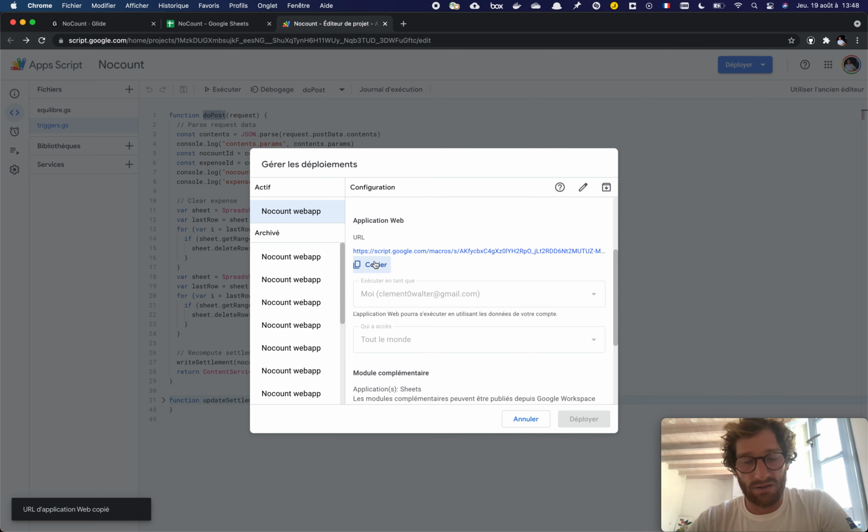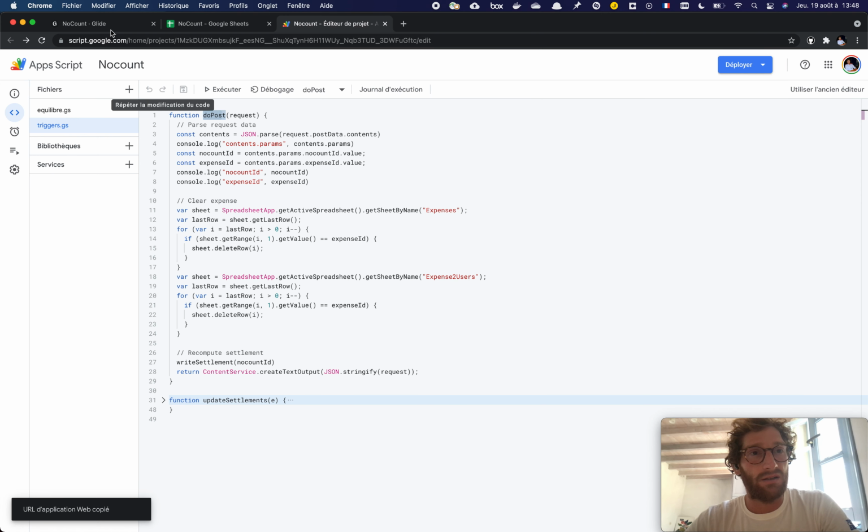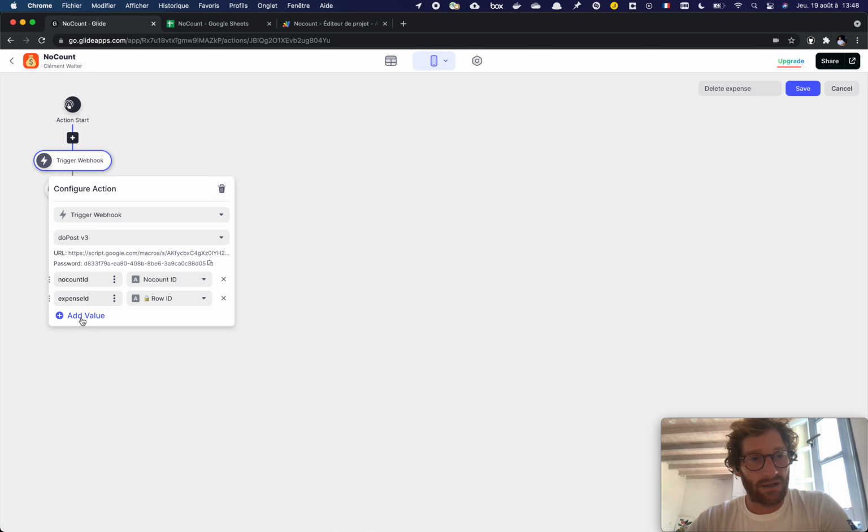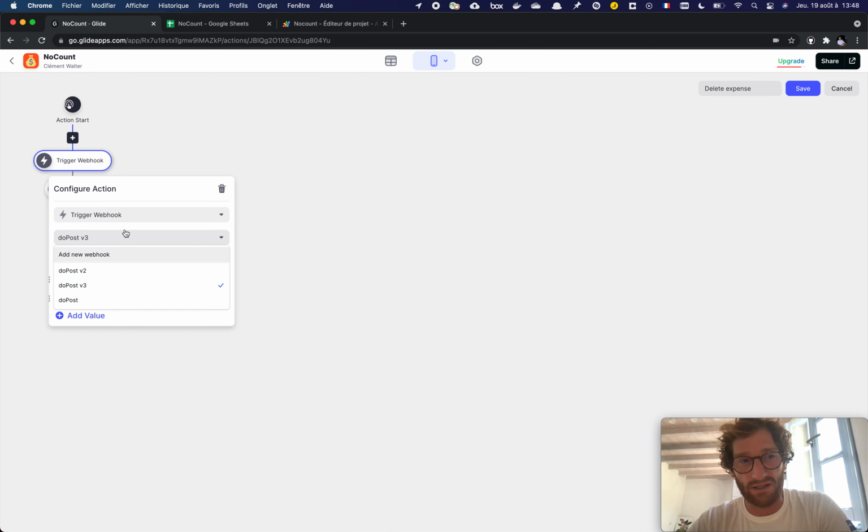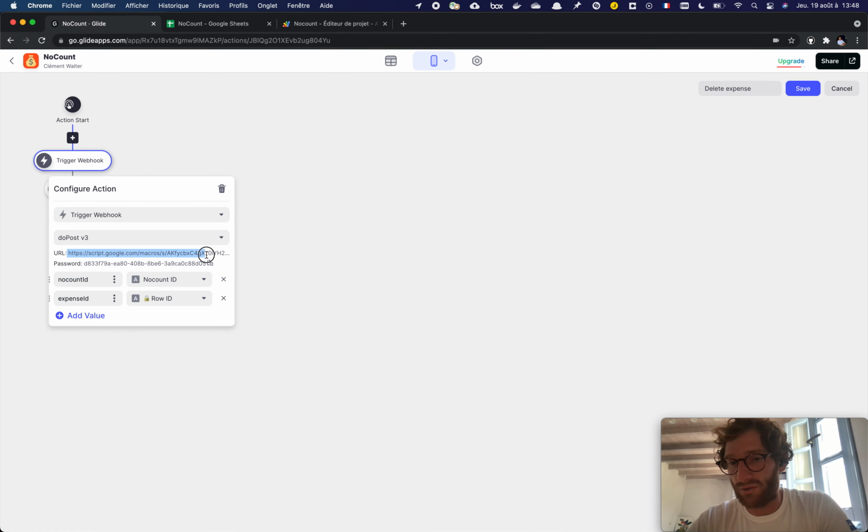So copy this URL, and then back in Glide, you can add a new webhook. You can create this webhook, and as you can see in here, this is the same URL.